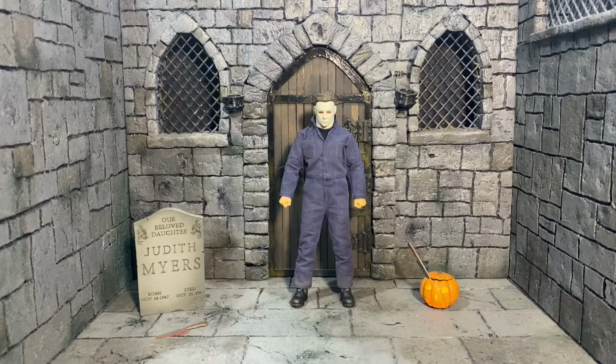Michael Audrey Myers, born to the Myers family at 6 years old, would be committed to the stake after killing his sister. At the age of 21, 15 years later, on the night in which he killed his sister on the anniversary, he would break out and be chased by his doctor, Samuel Loomis, as played by Donald Pleasance, all the way through Haddonfield, Illinois, where he would pick his victims, three young girls, one of them, the main character, being Laurie Strode, a babysitter, who's played by Jamie Lee Curtis,